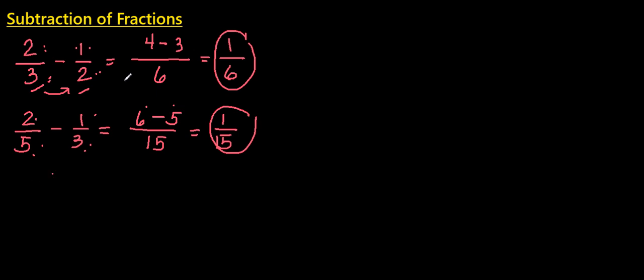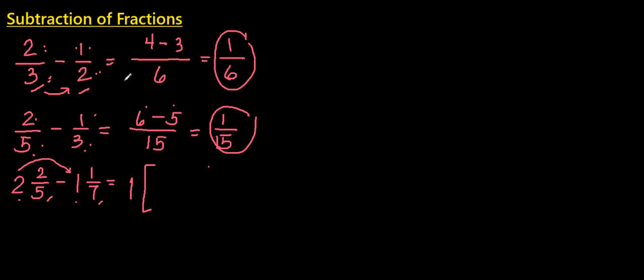Let's try mixed fractions. So we have 2 and 2/5 minus 1 and 1 over 7. So with this, it's visible that 2/5 is greater than 1 over 7, so we just have to subtract directly both similar terms. So the whole number, 2 and 1. 2 minus 1 is 1.